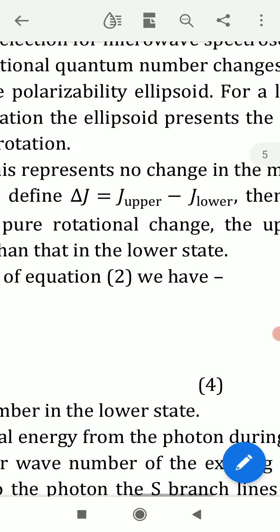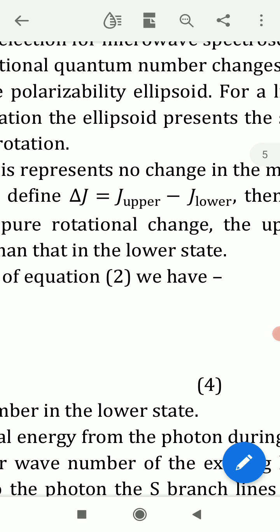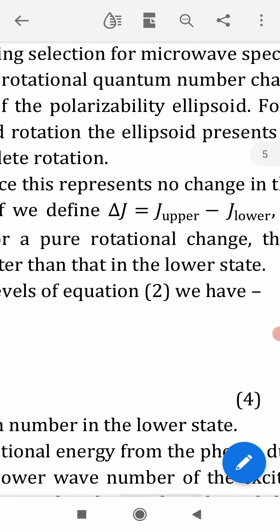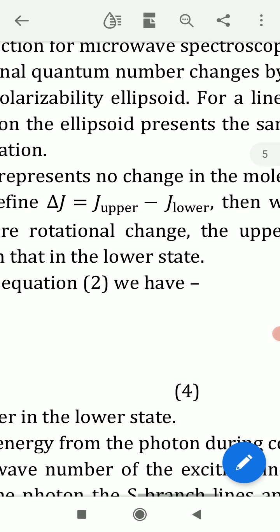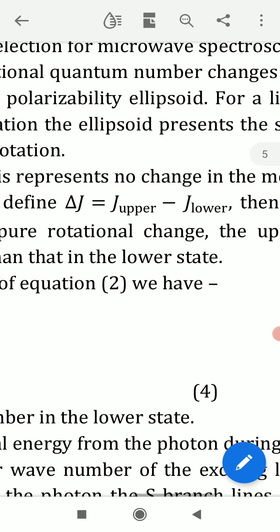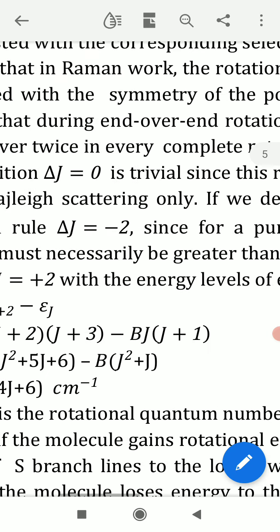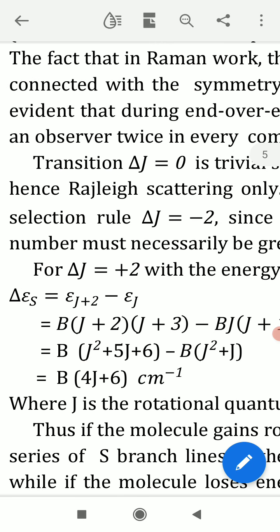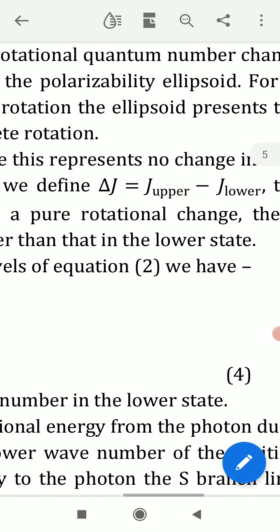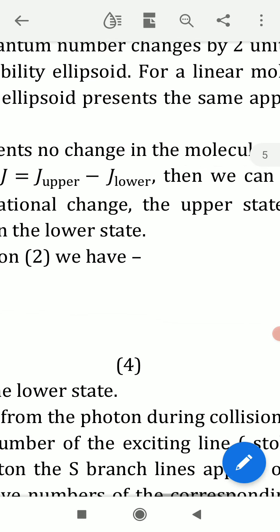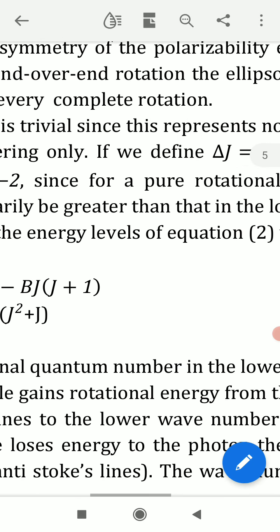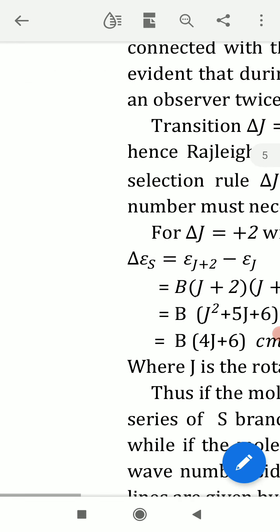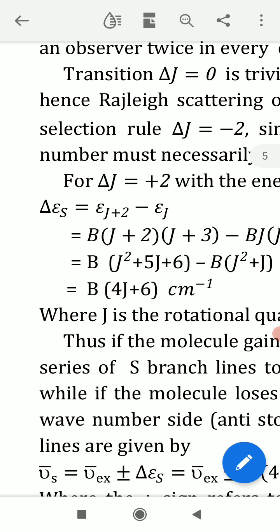If we define delta J as J upper minus J lower, where delta J is change in J, the rotational quantum number, then we can ignore the selection rule delta J equal to minus 2, since for rotational change the upper state quantum number must necessarily be greater than in the lower state. So for delta J equal to plus 2,